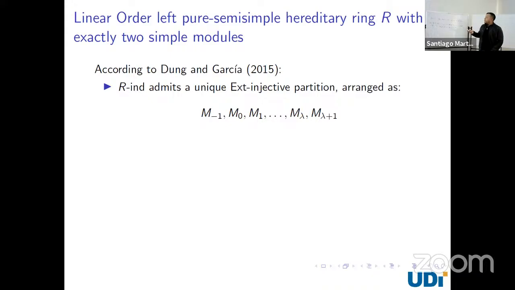So using this condition of the ring being a left pure semisimple hereditary ring, we're going to have an X-injective partition where every set has two indecomposable models. Then with this same partition, we express it as a linear order with some other properties that this partition has. And this linear order here is going to get even more properties. For example, one of the properties that this partition, this linear order, has